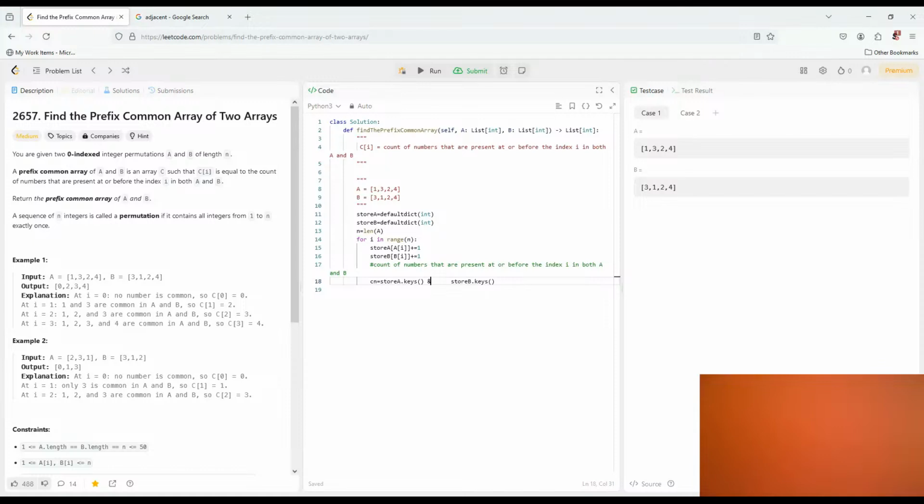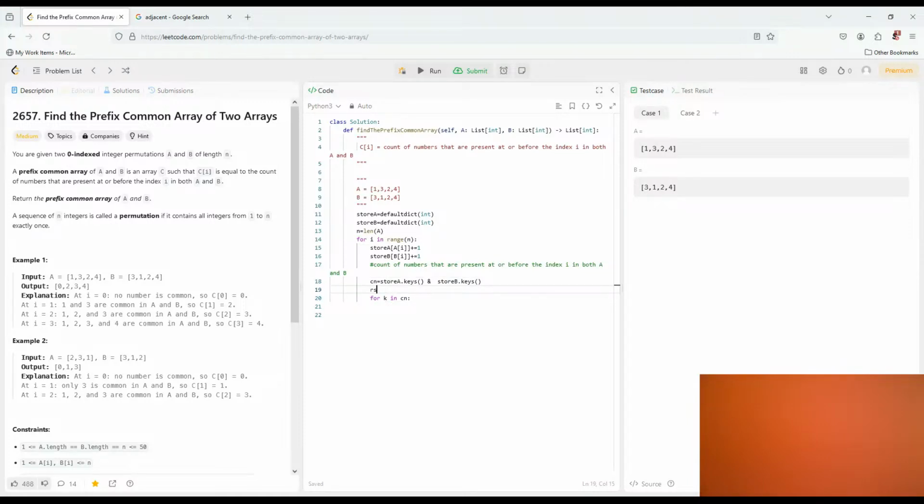And then whatever is in the intersection, for key in common keys, what I will do,